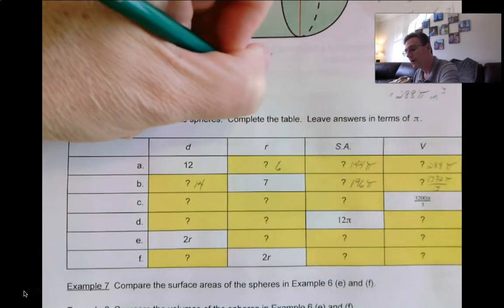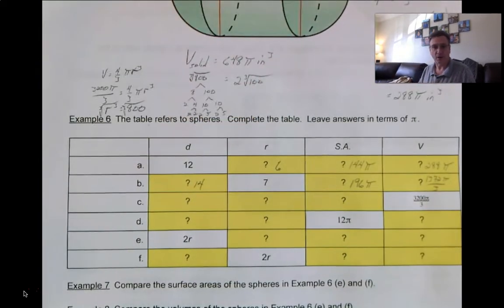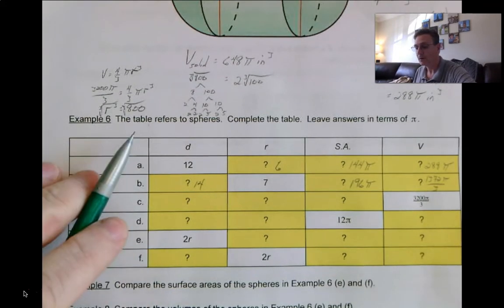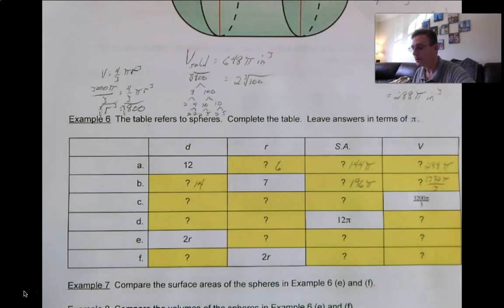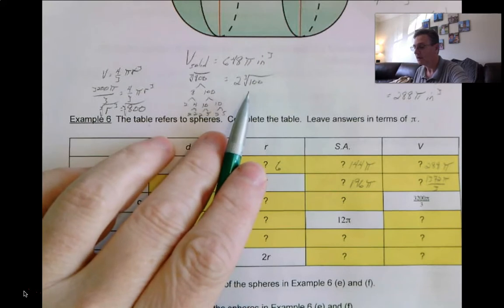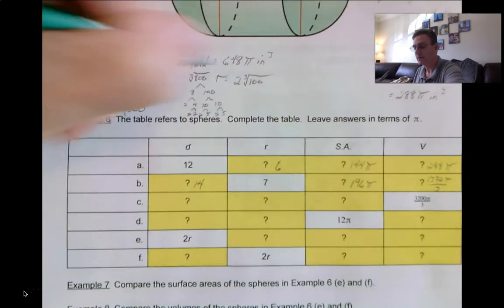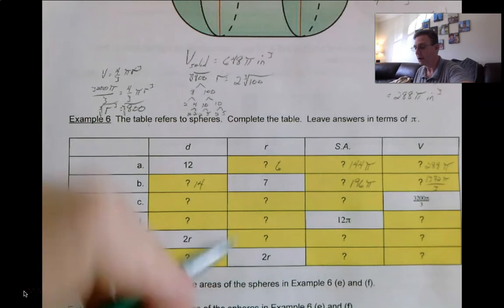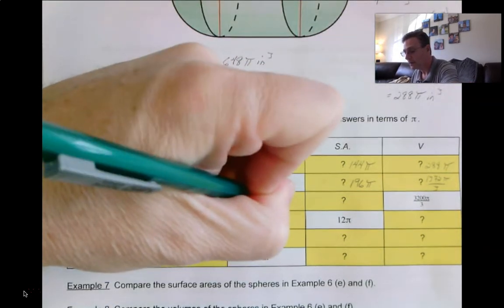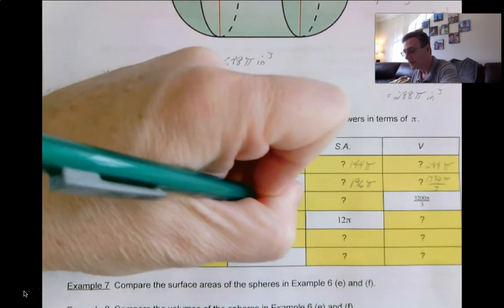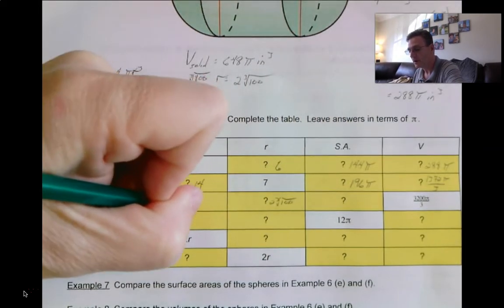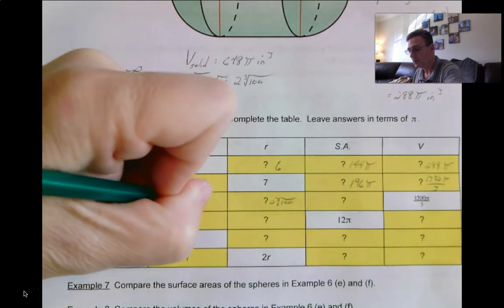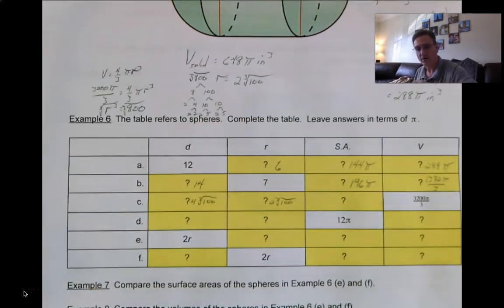So what I can do is I can pull out this one group of 2, cube root of 100. Okay. Cube root, and that's my radius. Okay, that's the r, is 2 cube root of 100, making this 4 cube root of 100,